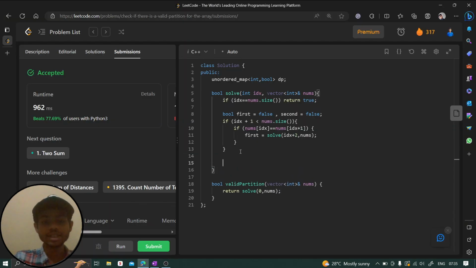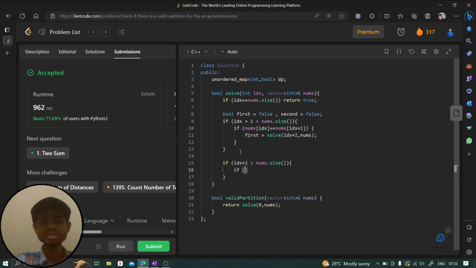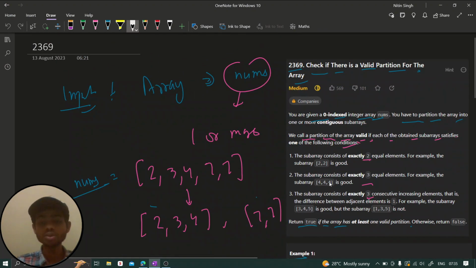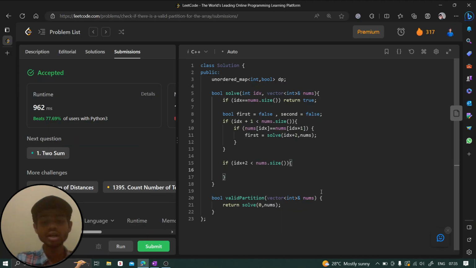Fine. In the second condition, we can take a 3 length subarray. If index plus 2 is less than nums dot size, this makes sure that we have at least 3 elements, so that we can take a 3 length subarray, right? In a 3 length subarray, you can see there are 2 conditions. Either all the elements should be equal, or all these 3 elements should be in increasing order with an adjacent difference of 1, right? So we can give a name, bool a, which is going to point to this